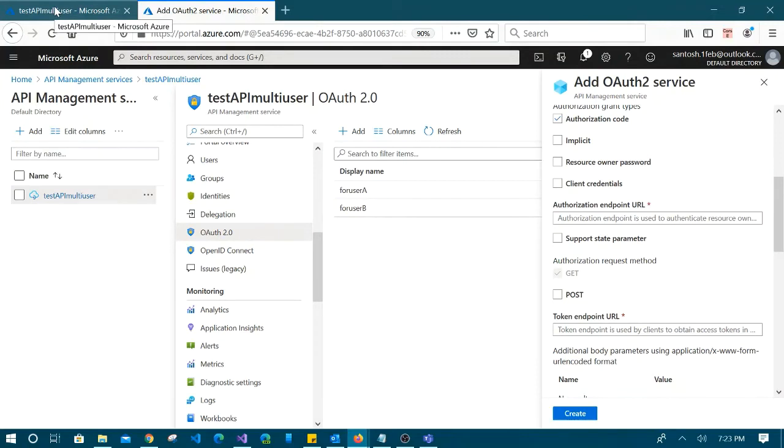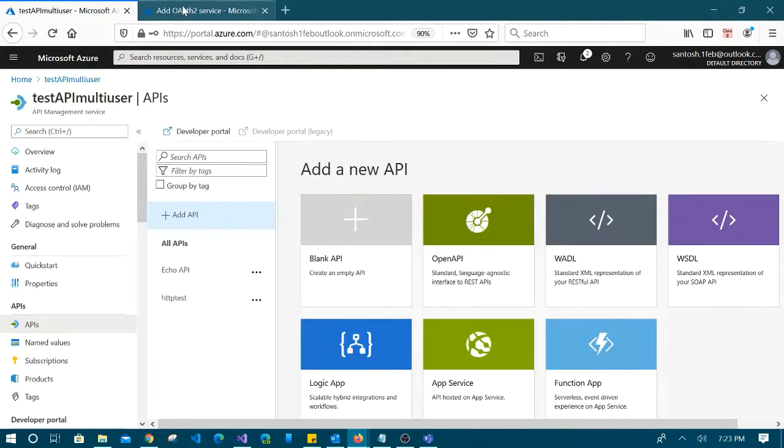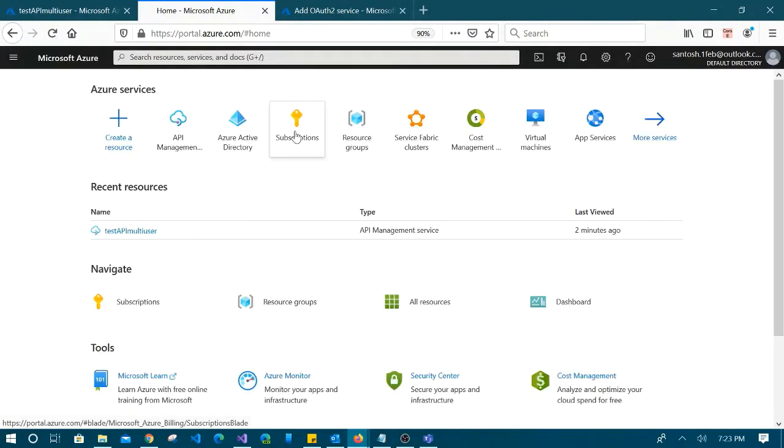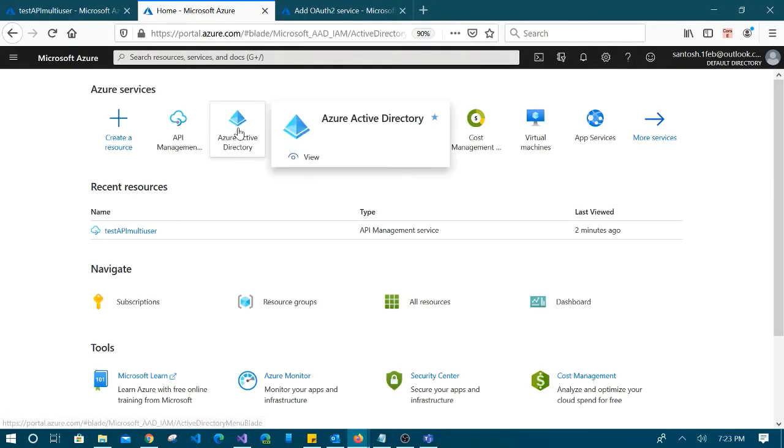Let me open a new tab. Go to Azure Active Directory.